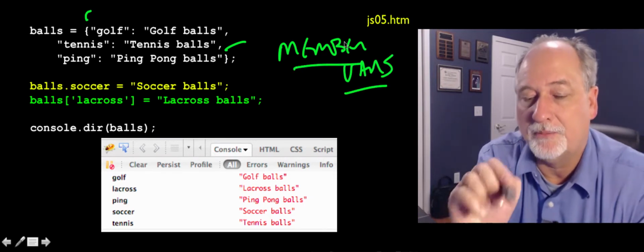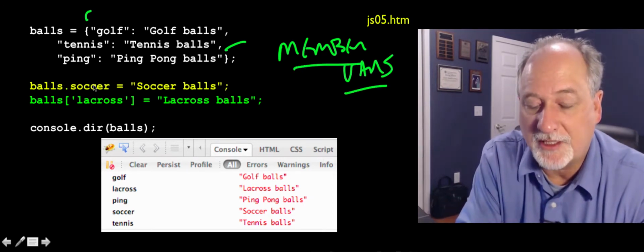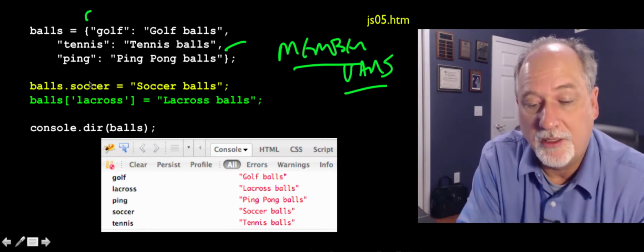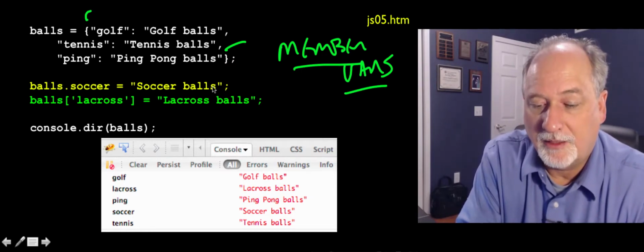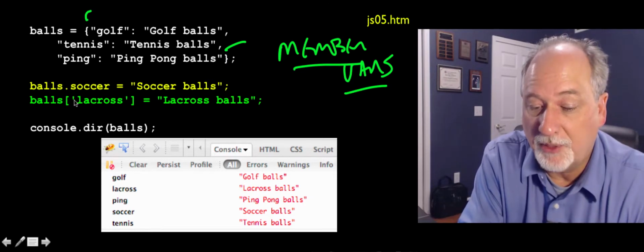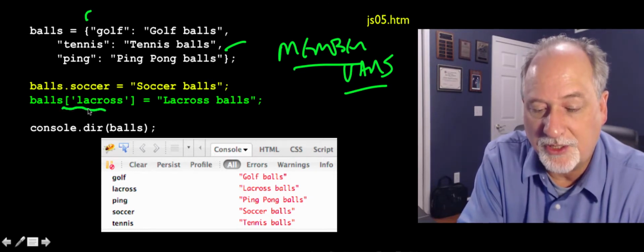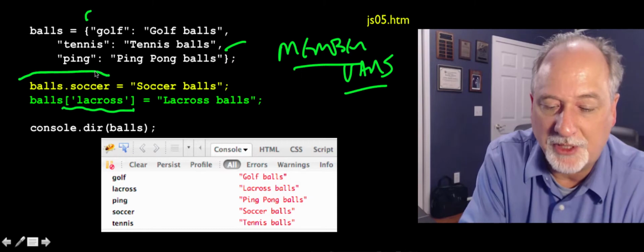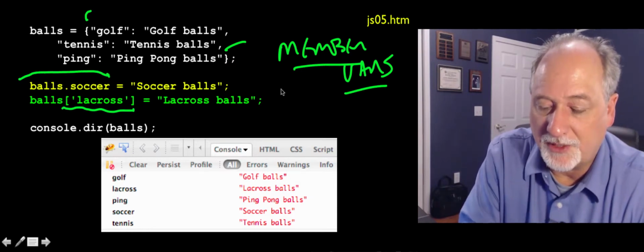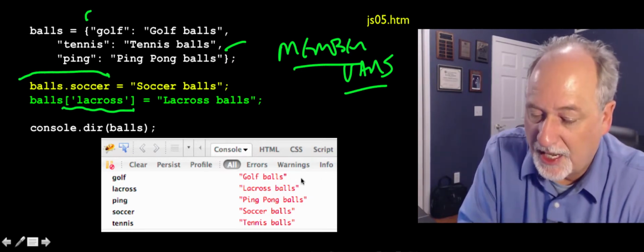That's the best way to think about them. And so balls.soccer, well, this is going to put a new one in, soccer balls. And then balls sub lacrosse, so this is the associative array syntax, and this is the very objecty syntax, then lacrosse balls. If you then print these things out,